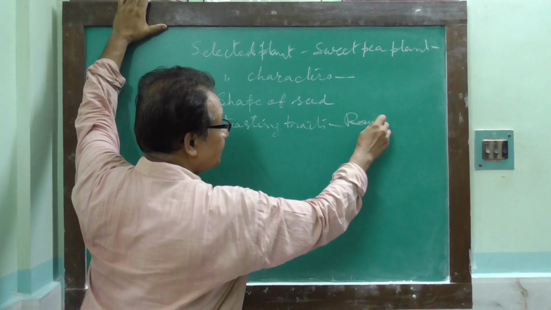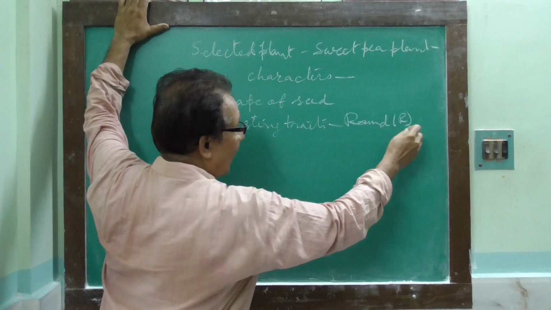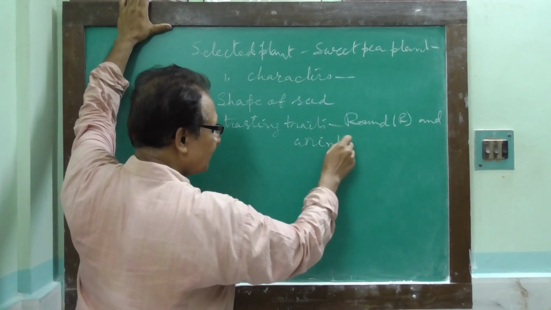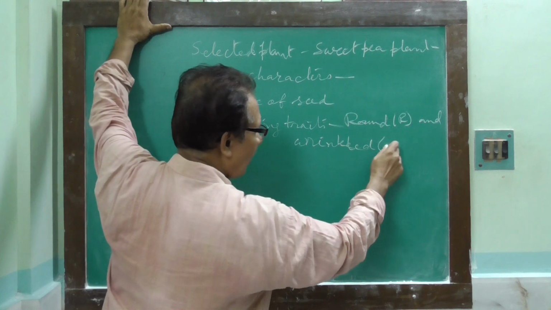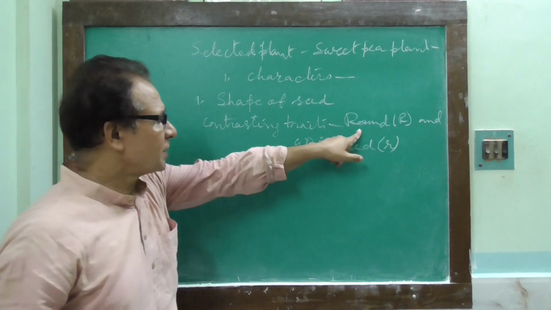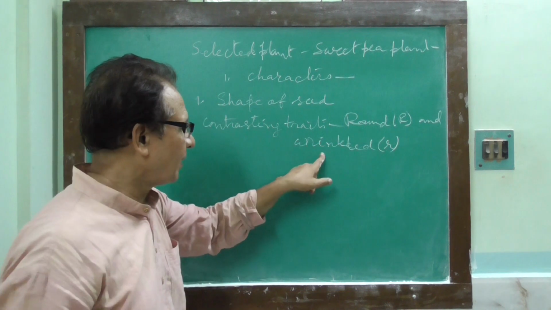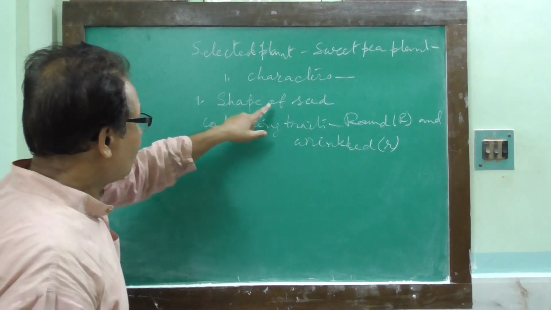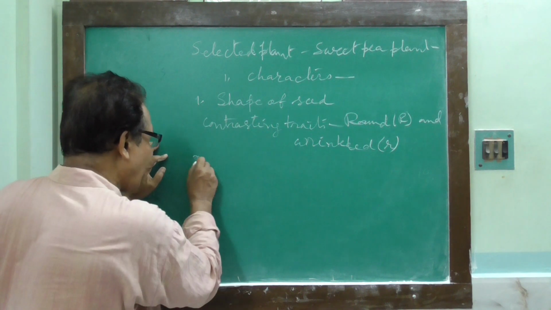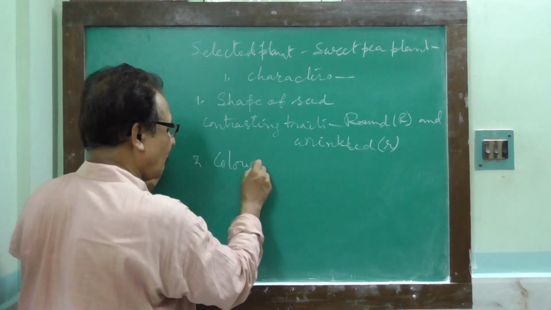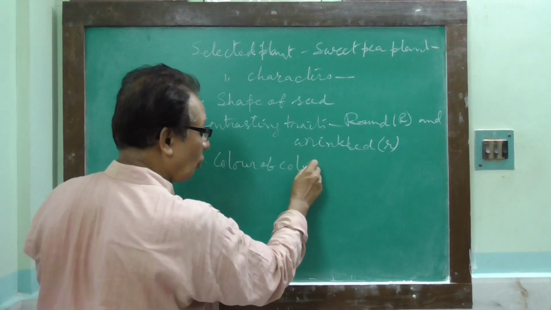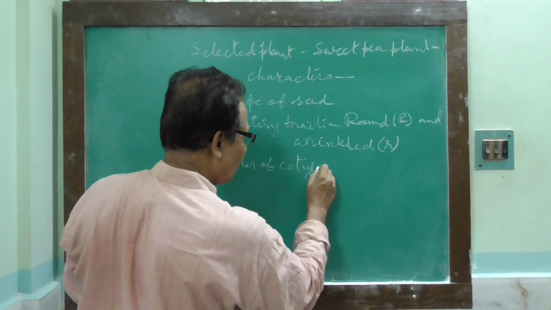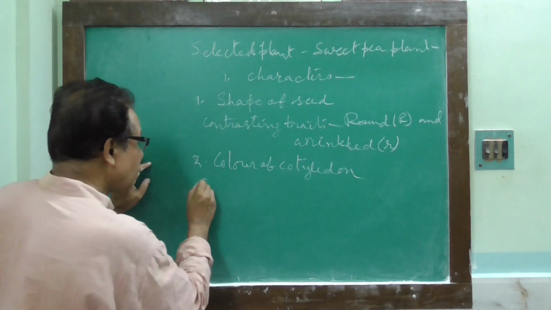Round is capital R and wrinkled is small r. So you see, round is the dominant and wrinkled small r is the recessive. Okay, like shape of seed and color of cotyledon. Color of cotyledon, not color of seed. Color of cotyledon of seed, contrasting traits,